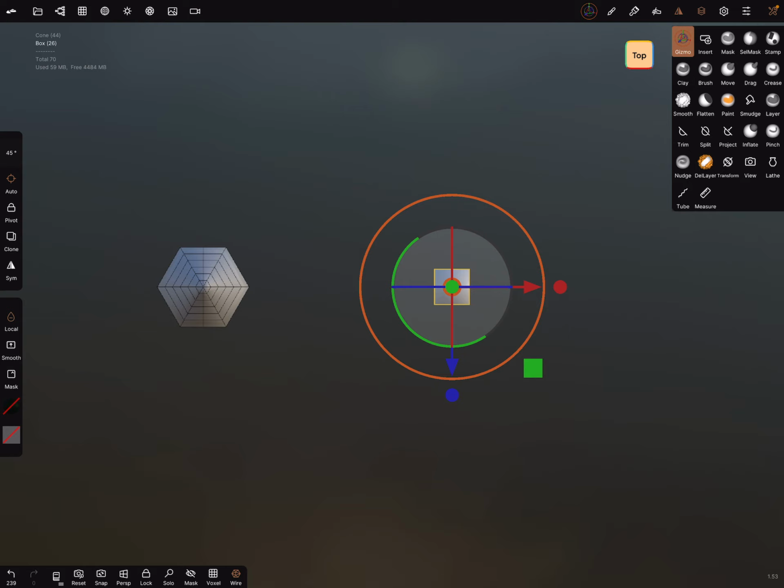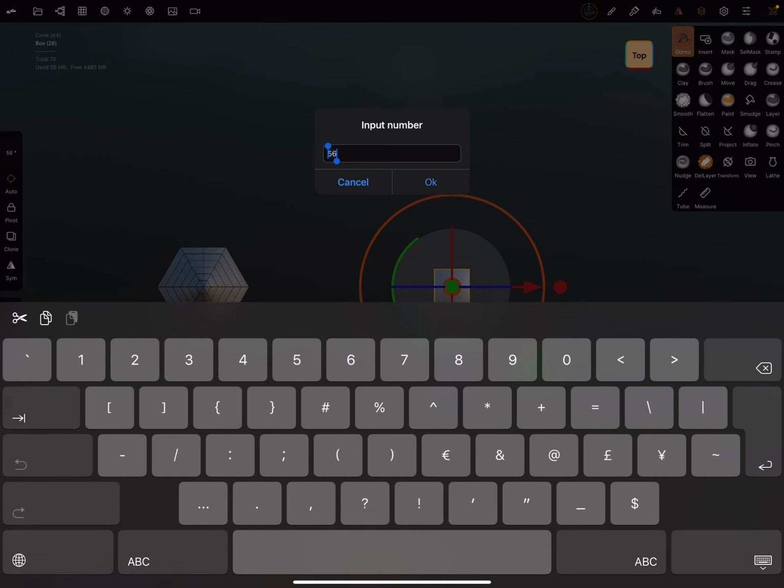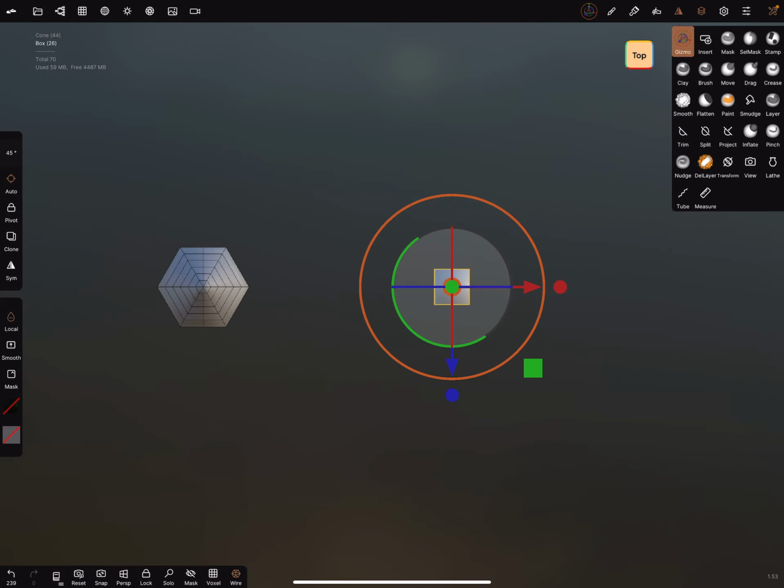I use the top view, and here on the left side you can adjust the rotation settings. For example, 45 degrees. Now you see the pivot is in the middle of the box, and you can rotate the box 45 degrees.